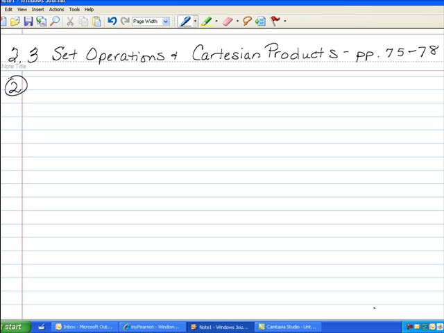In number 2, we're looking at a matching problem. The union of A and B, and we need to find its proper designation in column 2. We're told A and B are both sets. So the union of A and B, the set of elements that are in A that are not in B, set of elements common to both A and B, set of elements in the universe that are not in A, set of elements in B that are not in A, the set of ordered pairs such that the first element is from A and each second element is from B, with every element of A paired with every element of